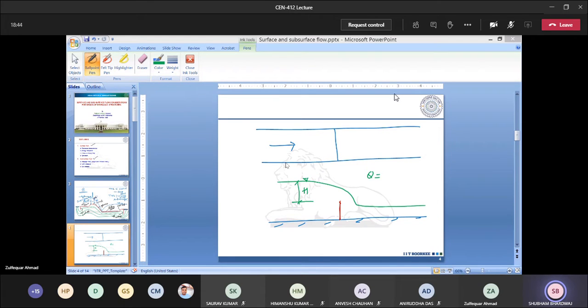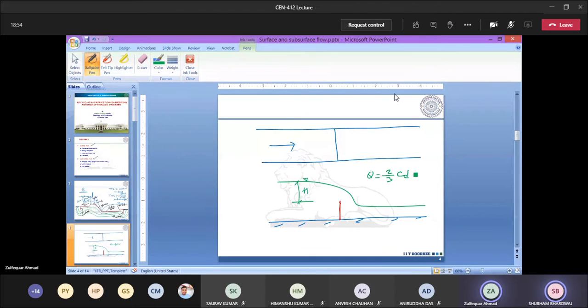Sir, is it 2 by 3 Cd root 2g times B into H to the power 3 by 2? So this is 2 by 3 Cd under root 2g, and let us say this is L. L is here and H to the power 3 by 2, right? And if this is, let us say, P or W, in that case the Cd by the Rehbock equation would be 0.611 plus 0.075